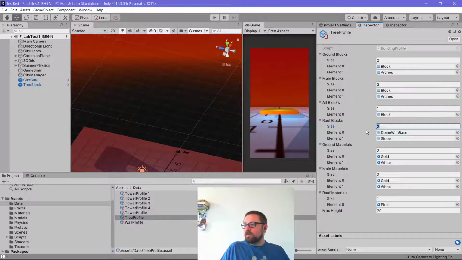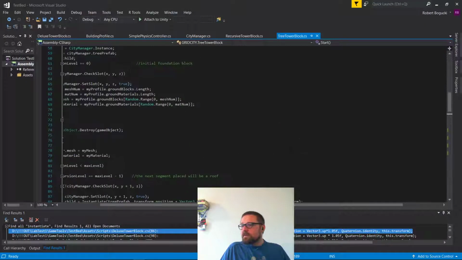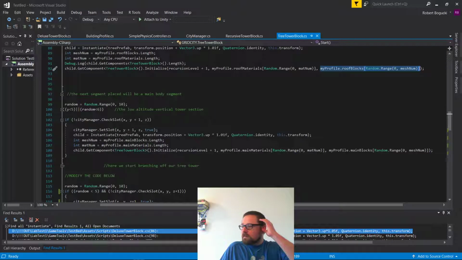It's going to be 2, because that's the length of this array. We only have, for roof blocks this is going to be 2. We're interested in this line, so main blocks. So this is also 2. So this mesh num